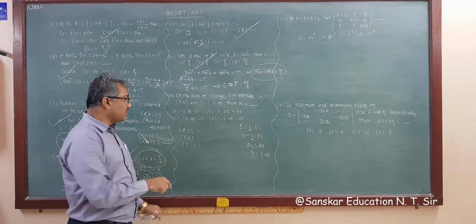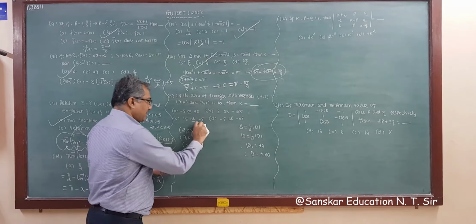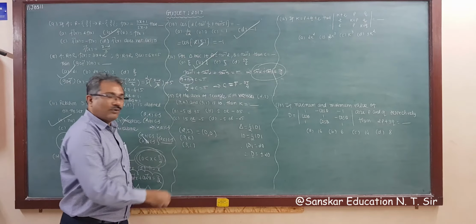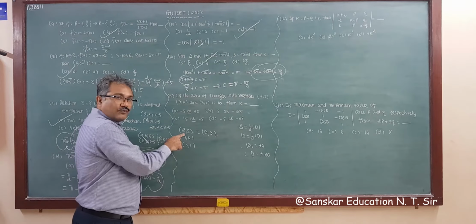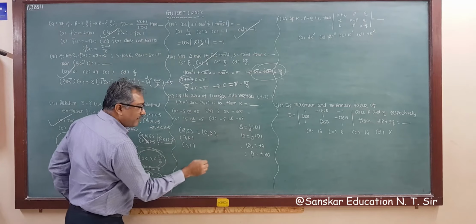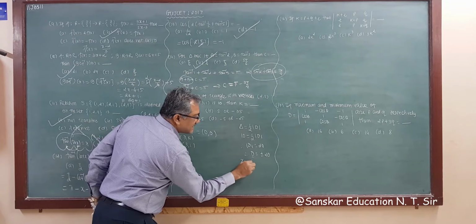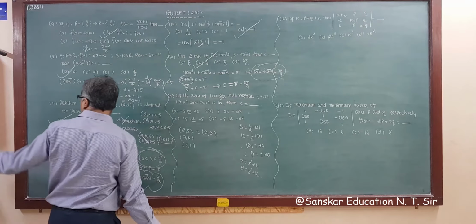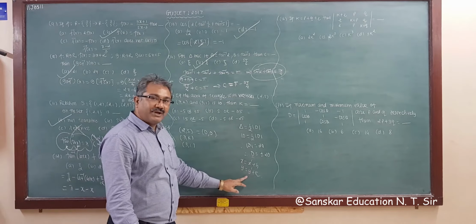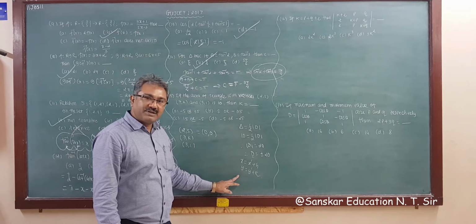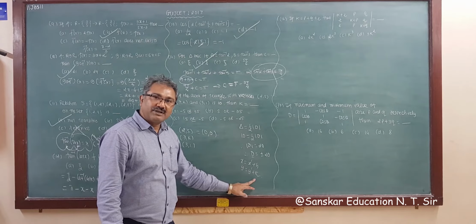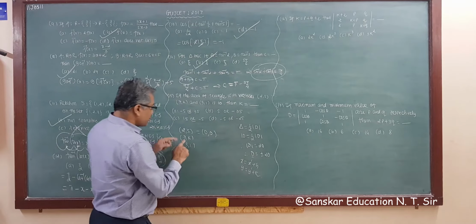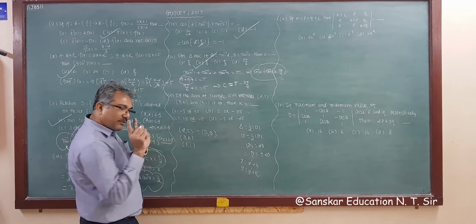As earlier I told you what to do, shifting of origin to 2 5, so this becomes 0, and you have the formula x is equal to x dash plus h and y is equal to y dash plus k, where x dash and y dash are the new coordinates, x and y are the old coordinates, and h and k are the shifting point. So what are your new coordinates? Old minus shifting. So what you have to do?